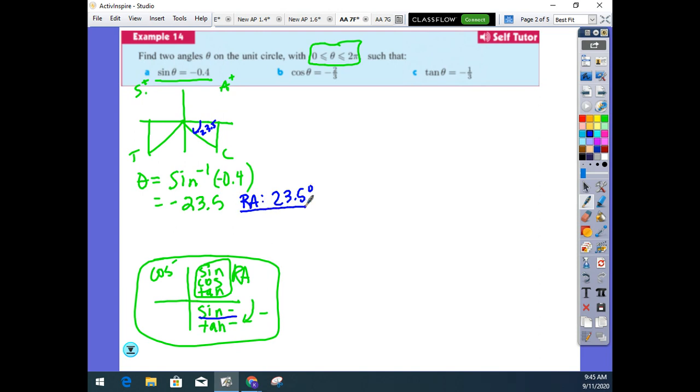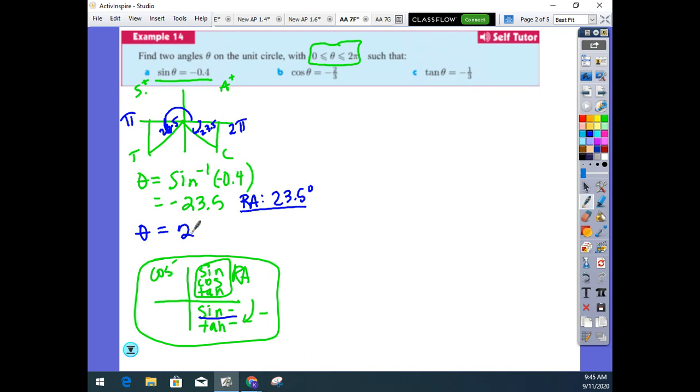So if I want between 0 and 2 pi, here's my 2 pi. Both the reference angles are always the same, 23.5. How am I going to find this angle? This is pi plus my reference angle. So you literally just take your pi button and add 23.5 to get your first answer of,